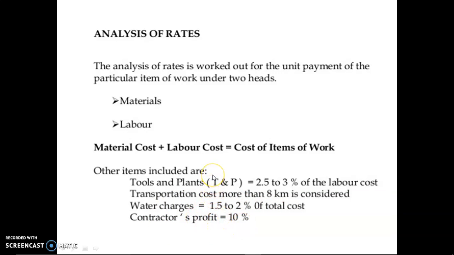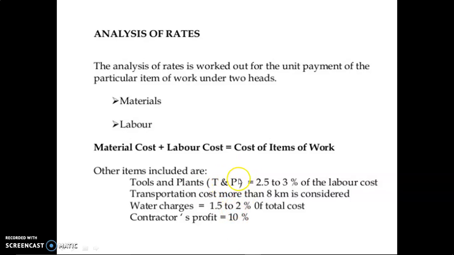Means if we have to find the total rate, we have to consider this part also, because the labor which works at the site requires some water. We also require water for mixing our concrete. And 10% contractor profit. And we require some tools, means if you want to construct a house, you also construct an RCC slab. For that you require a mixer, so you have to give some charges for the mixer also.